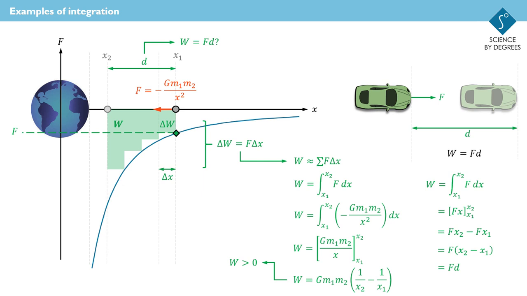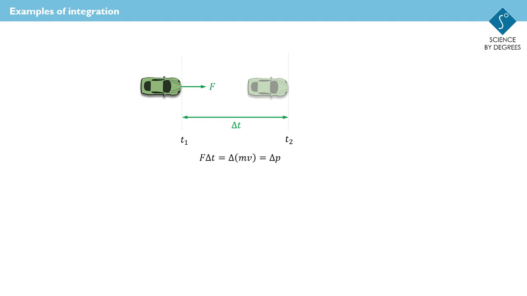Now, as another example, you might have learned about the quantity impulse. Where work done was a force multiplied by a distance, impulse is a force multiplied by time. It's a useful quantity because it provides a change in momentum, and it's often given as F delta t, so force multiplied by the time interval for which the force acts, and that is equal to the change in momentum that the force produces. So here's a graph of force against time,